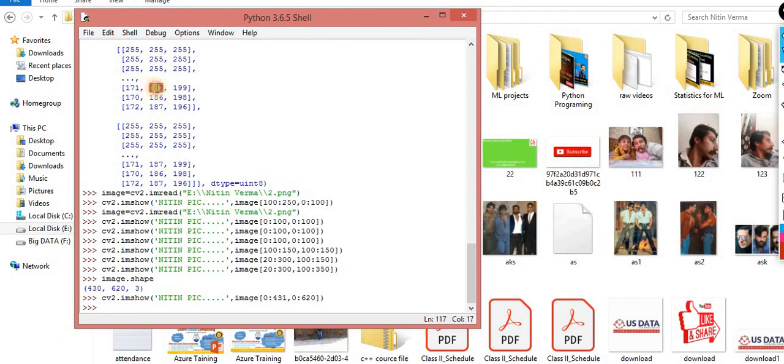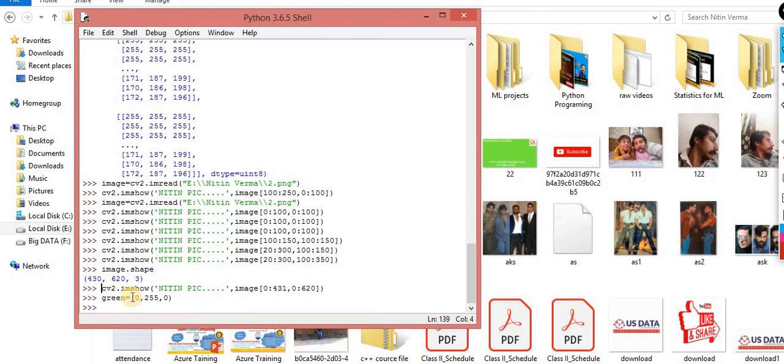Here 187, we don't know at this minute what color is 187 or what color is 172. We don't know it because there are millions of colors. Okay, so now what I am doing, understand it. I am making a green color, and we know how we can generate a green color. So R 0, 255, that means totally green, okay, and let's suppose again 0. So I made a green color.